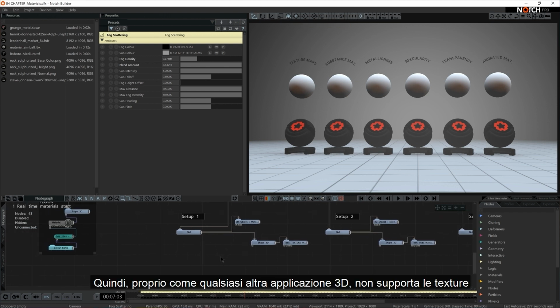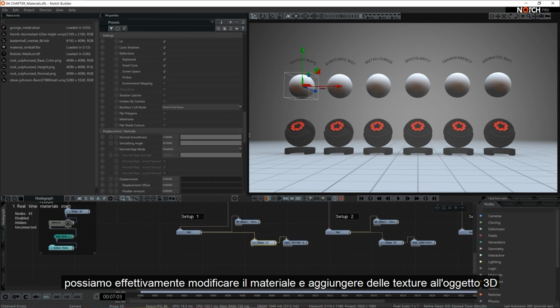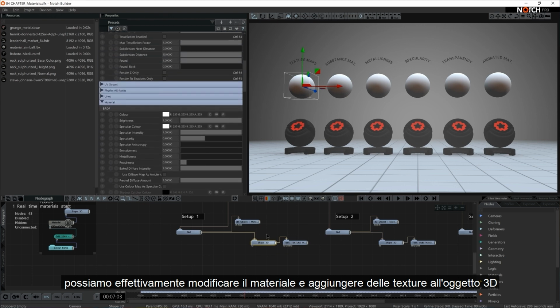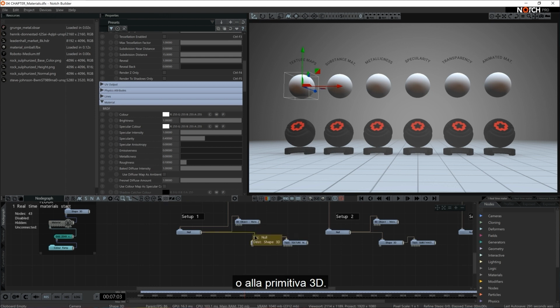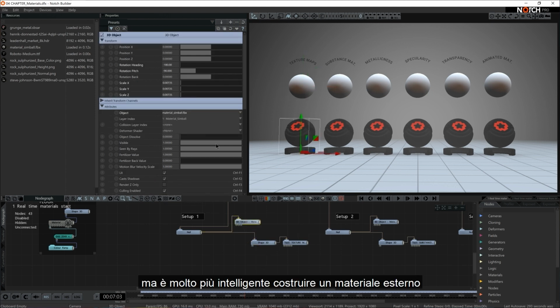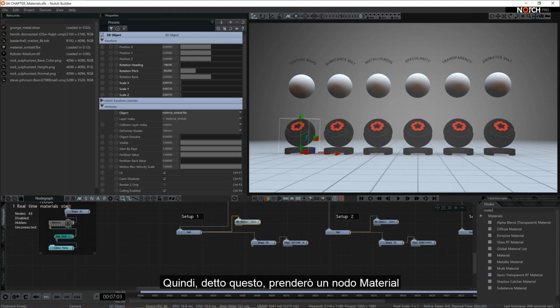So just like any other 3D application, Notch supports texture maps. And as we briefly touched on in a previous chapter, we can actually add material alterations and texture maps to the actual 3D object or primitive 3D. But it's much smarter to build an external material because then you can use the very same material node and pipe it to several 3D objects. So if you need to make an alteration, you just make one change and 20 things in your scene actually change. So with that said, I'm going to grab a material node